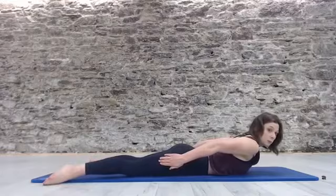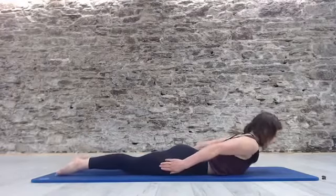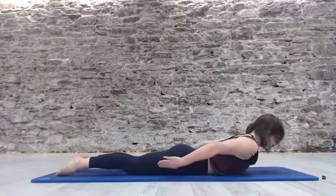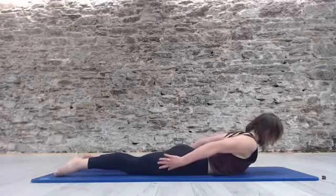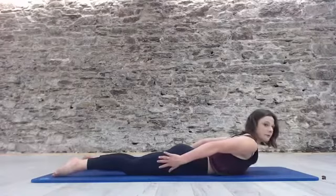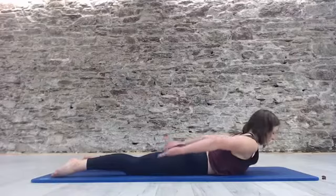How high you come up totally depends on how that spine is feeling today. Wider legs, more manageable, a little bit easier. Narrower legs, a little bit more of a challenge. Go ahead, return and release. Again, reach, lift, glide. Breathe into that space in the front of your ribs. And back down. 1 more time. Amazing. Pause. Palms to the ceiling and just pump both arms up, up,